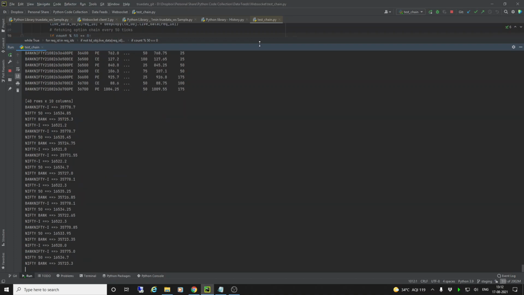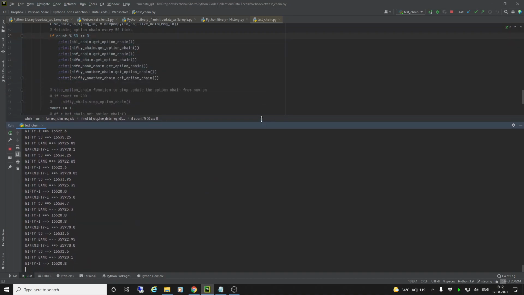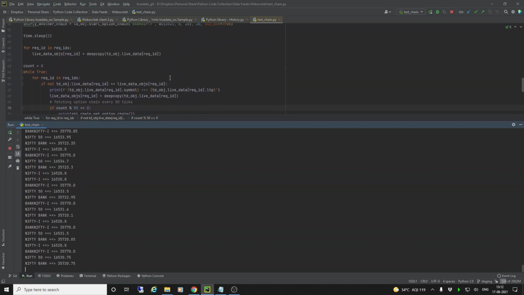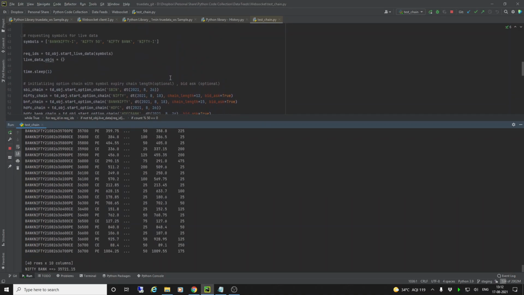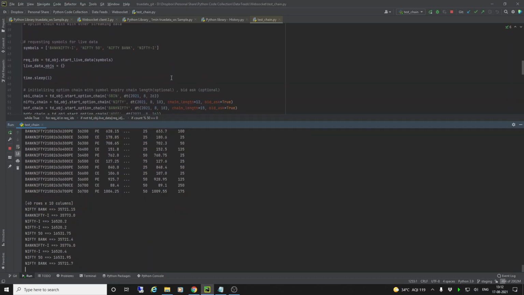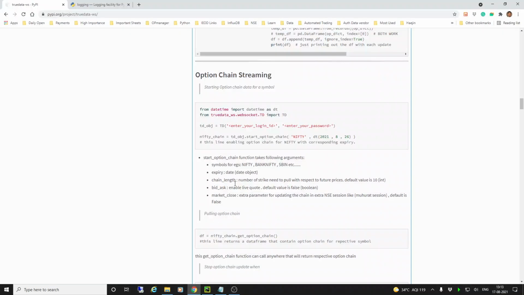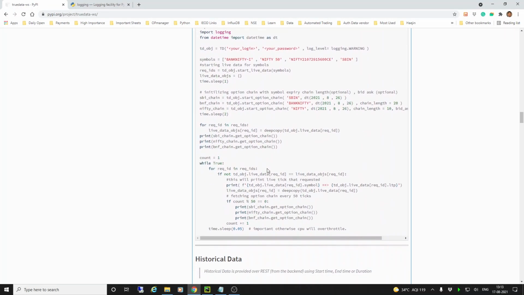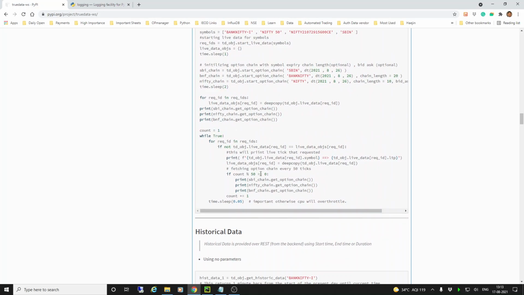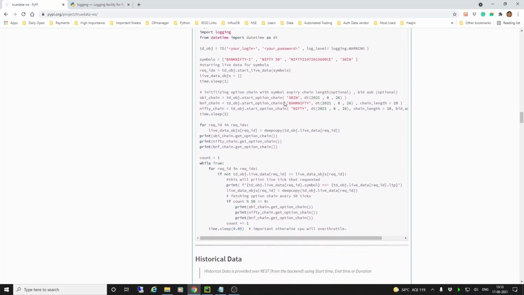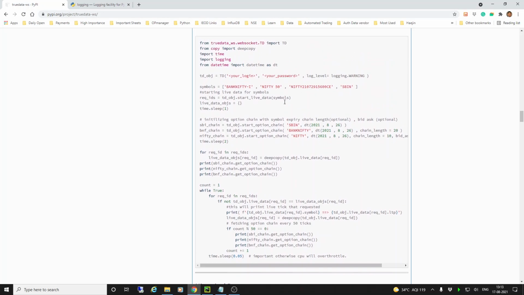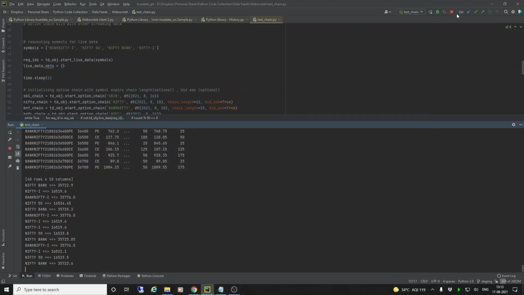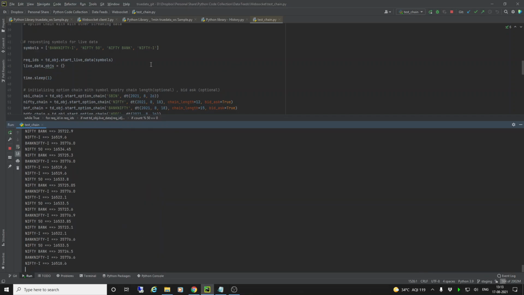So I hope I've been able to explain to you what all can be done here. Please feel free to get back to us. All this code is available here in option chain streaming. We already have multiple chains here, and you can play around with it and do a lot more once it is in the pandas database. Please use this, and please get a hang of it.